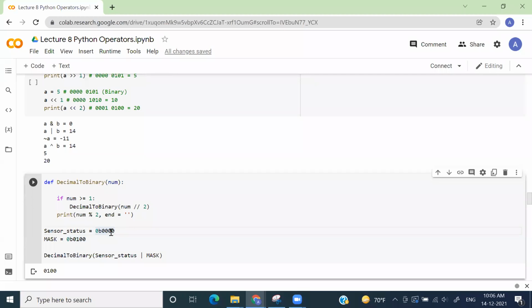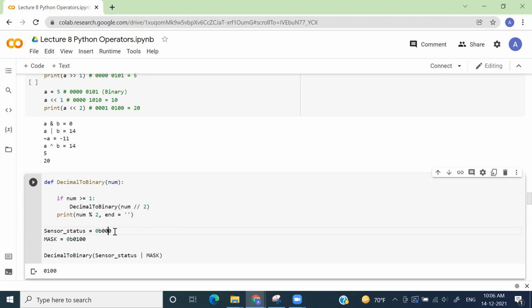Now you say that if the last bit gets high, so when I say high, it means one. When I say low, it is zero. So if this becomes high, let's say this is high now, that means your bot has to turn right. And if you want your bot to turn left, you will make your second last bit high.